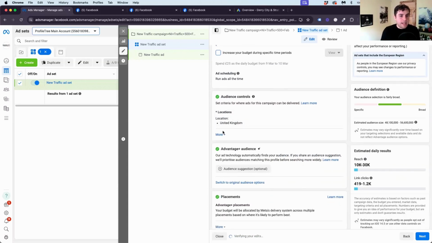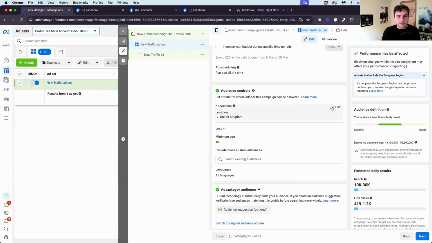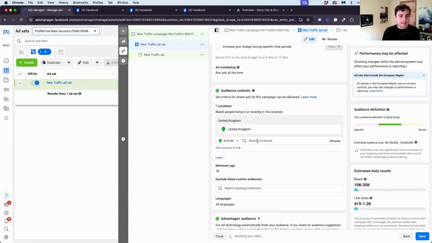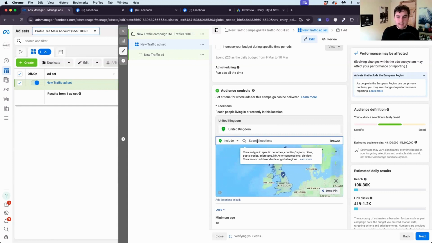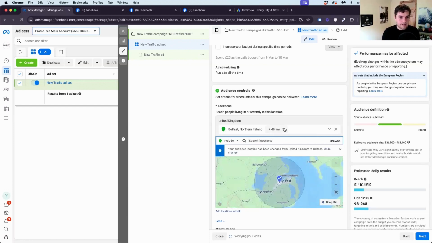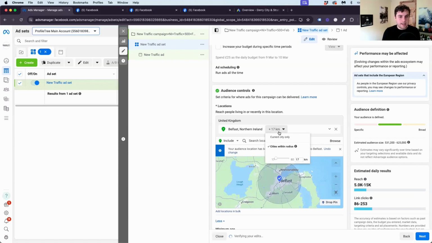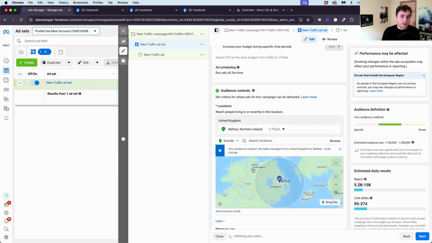Okay, then we have audience controls. So we have our location, which we can select as small as a postal code, I believe. But if we go to something like Belfast, we can select it, and then we can select a radius around Belfast. The lowest is 17 kilometers radius, and we can then increase it to 80 kilometers if we wanted to. For you guys, obviously, it would be